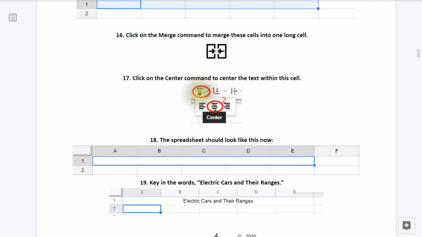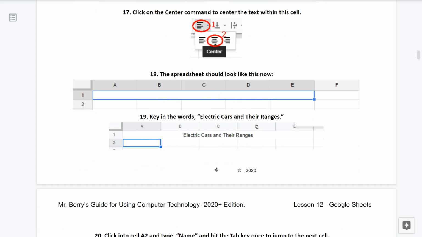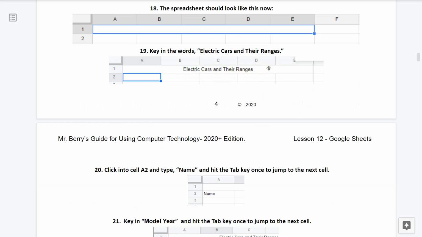That's done by clicking on this icon and then clicking on the Center Align icon as seen here. 18. The spreadsheet should now look like this row here. Number 19. Key in the words electric cars and their ranges as seen here.